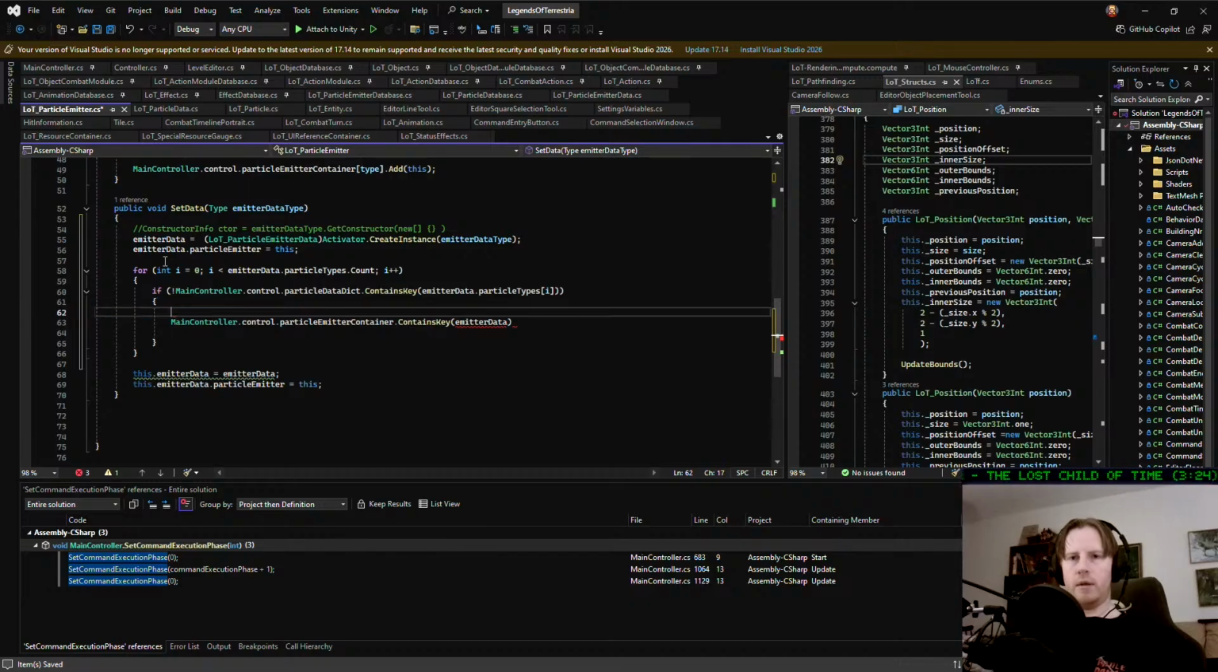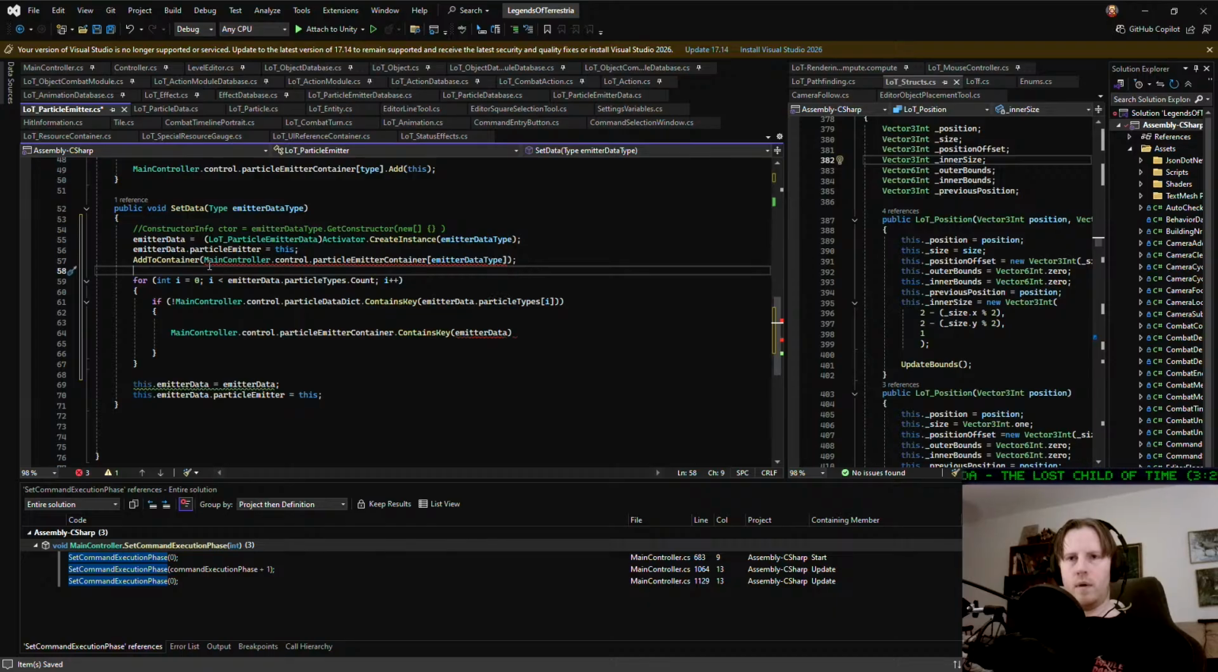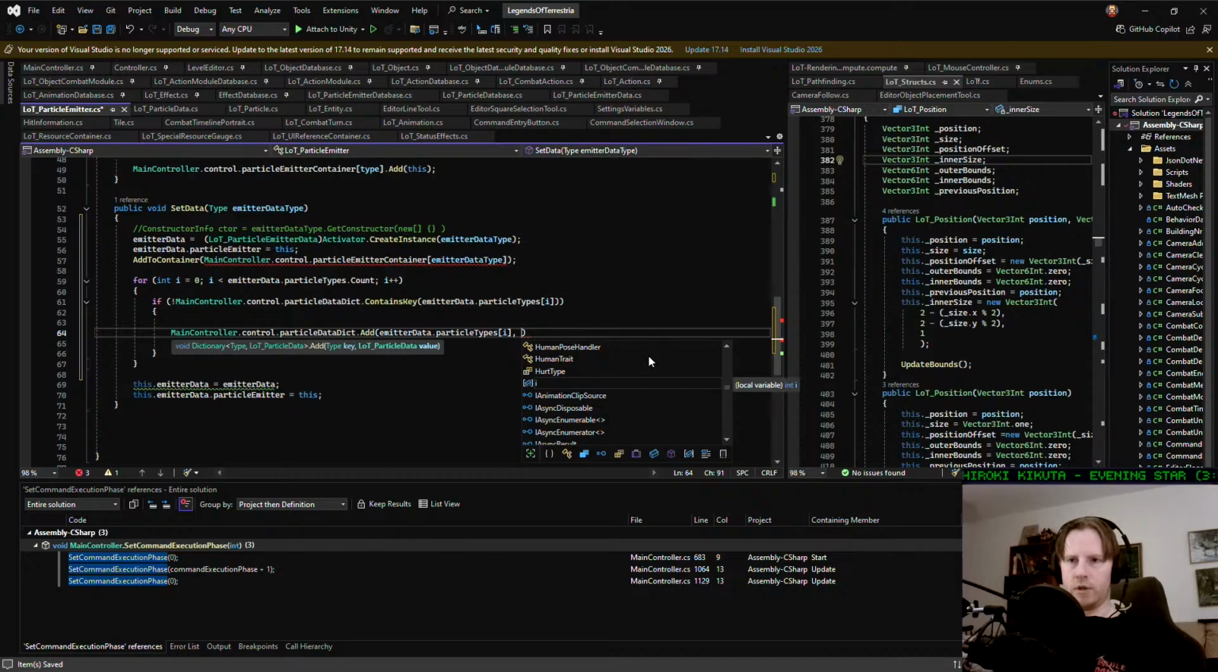I do think add to container is something that should happen here. But what I want to do is if the particle data dictionary does not contain the current type that we're checking, then we are going to add that particle type. And that means we need to add a new